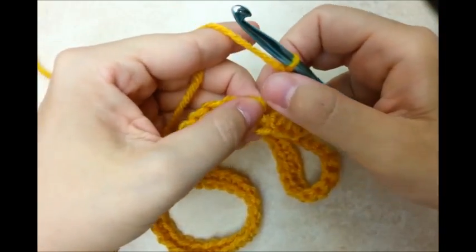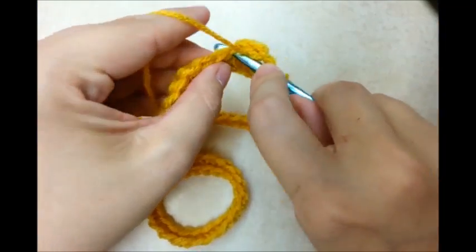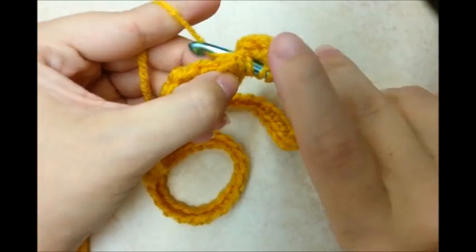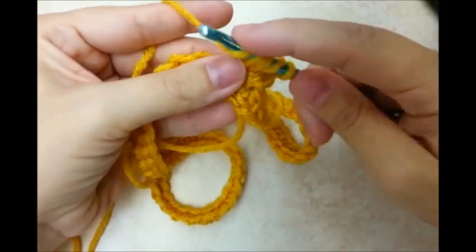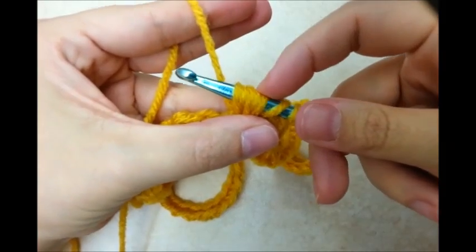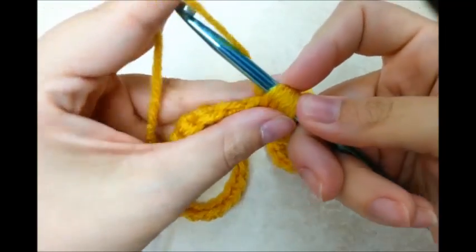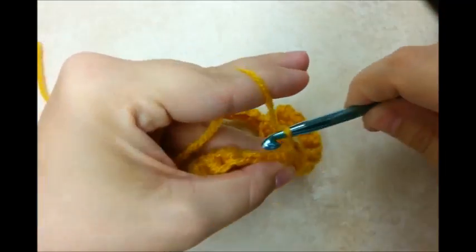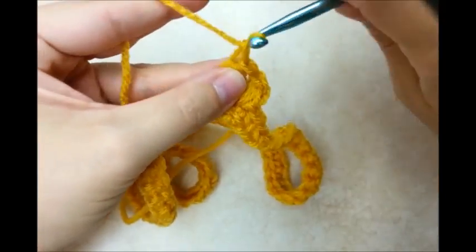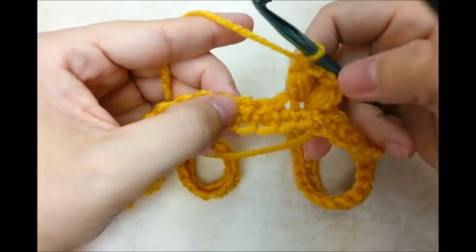Chain 1. Now we're going to go back into the same stitch again and do the same thing. So yarn over, draw up a loop. That's 1 time. Yarn over, draw up a loop, 2 times. Yarn over, draw up a loop, 3 times. 1, 2, 3, 4, 5, 6, 7 loops. Yarn over and go through all of them at once, like that. Chain 1 again, and now we're going to skip 2 stitches, and then we're going to do this puff V